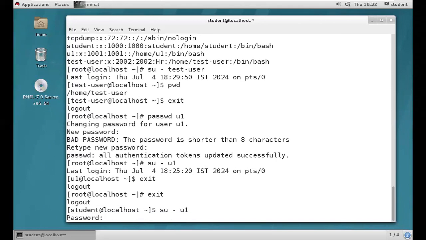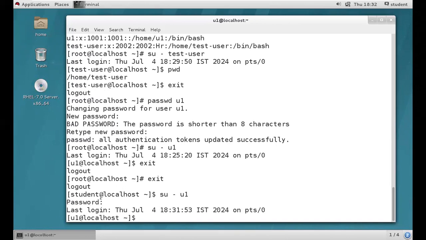Definitely it will ask for a password. Got it, guys? Root is a supreme user, so no need to provide any password. But student is a normal user, so if you need to switch from one user to another user account, we need to provide the password. Already we assigned u1's password, so we provide the u1 user password. We can log in as u1. I hope you got it, guys.